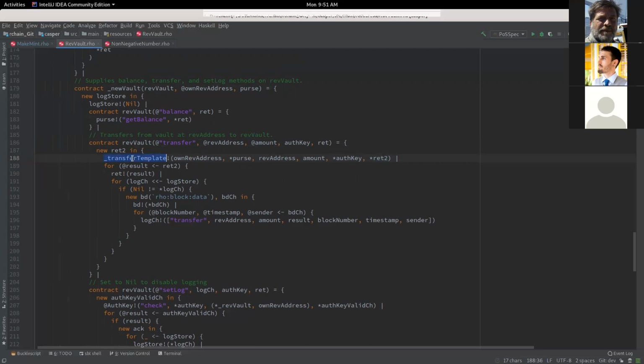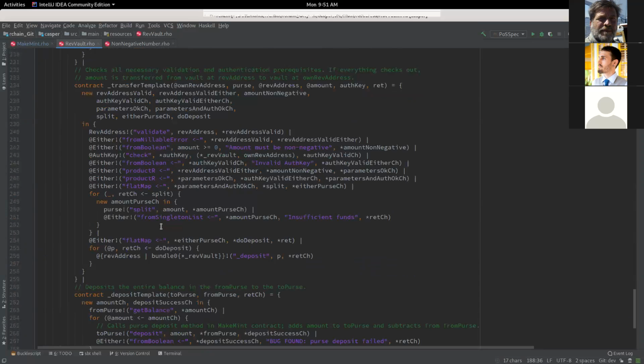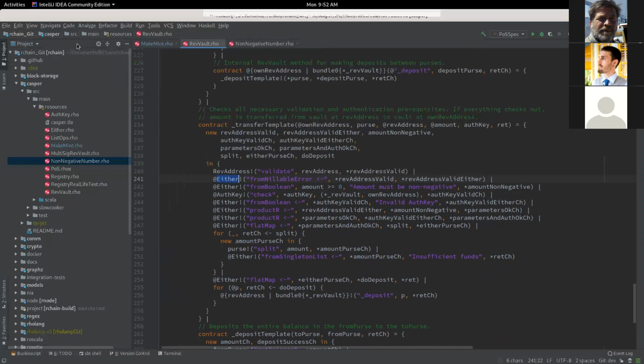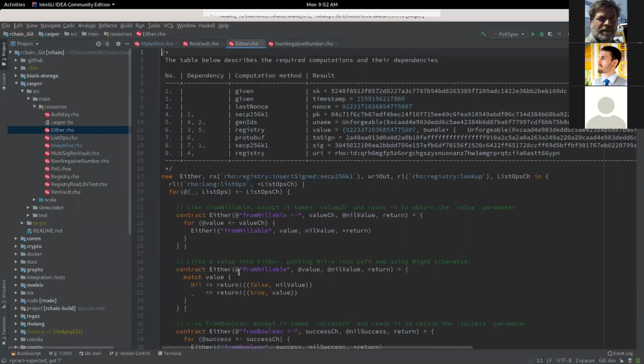If we go down here to this horrible thing, it is awful for several reasons, not the least of which is that you have to call multiple different contracts to execute all of these validation steps, because the either is another contract. It's this guy, it's horrible.